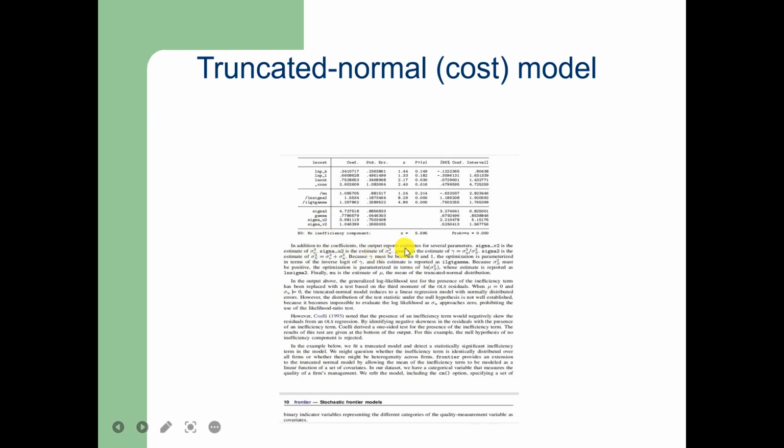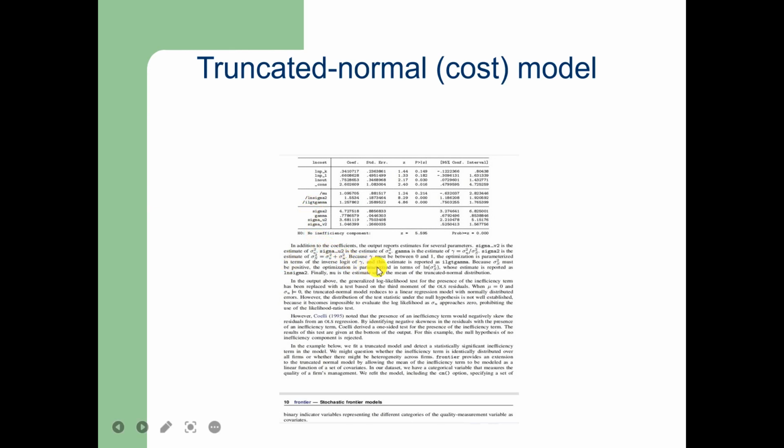sigma square u. Gamma is the estimate of this gamma, which is equal to sigma square u divided by sigma square s, and sigma 2 is the estimate of sigma square s, which is equal to sigma square v plus sigma square u. Because gamma must be between 0 and 1, the optimization is parameterized in terms of the inverse of the logit of gamma. So that is why it is given by ILGT gamma, that is inverse logit gamma,